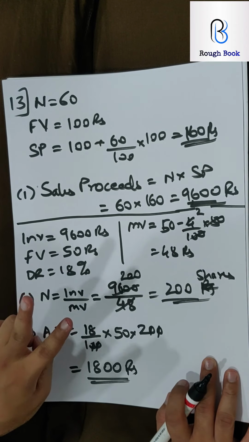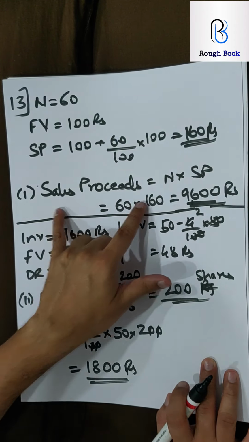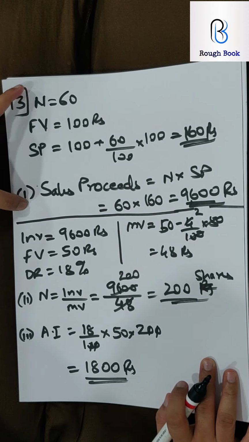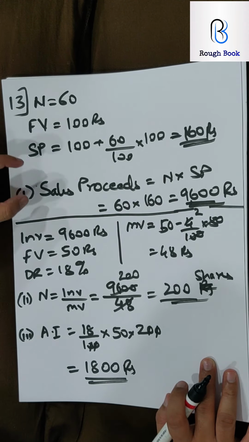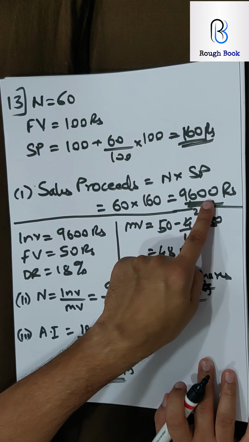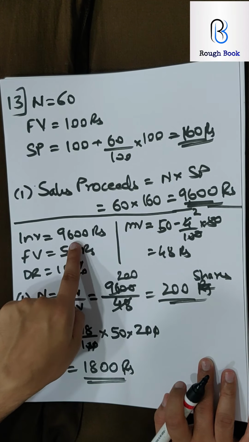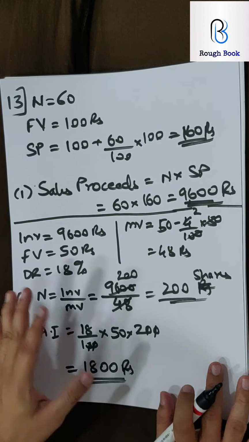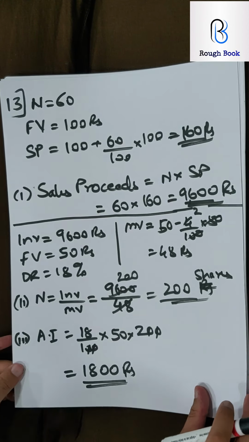Now here there are two types. Type 1, sale proceeds become the investment. Type 2, they will say that this company is giving some dividend and then the shares are sold. So dividend and sale proceeds both together become the investment. If they don't mention anything, then you take only sale proceeds. But if they mention including dividend, then you'll have to add the dividend to this and take the investment as this plus the dividend. When that type of sum comes, I will tell you, don't bother right now. I'm just trying to tell you what types are available. So let's go with the next one.